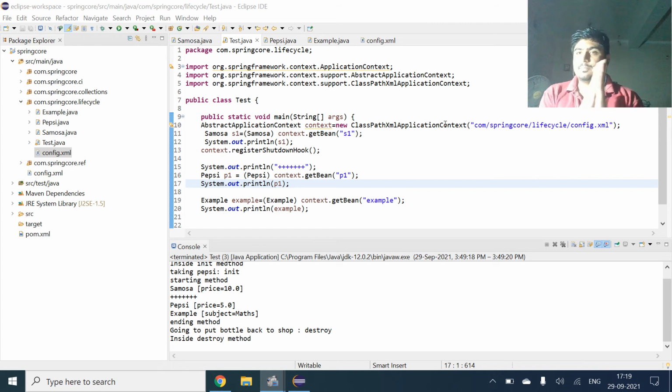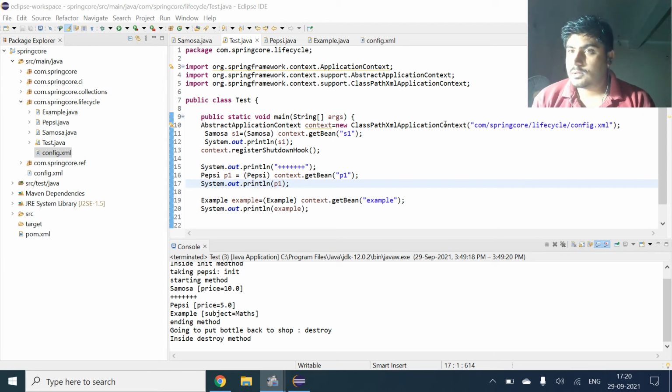So we just take an example, A and B. Basically, if A is dependent on B, we will just draw an arrow from A towards B. So A is totally dependent on B. This concept is called wiring.